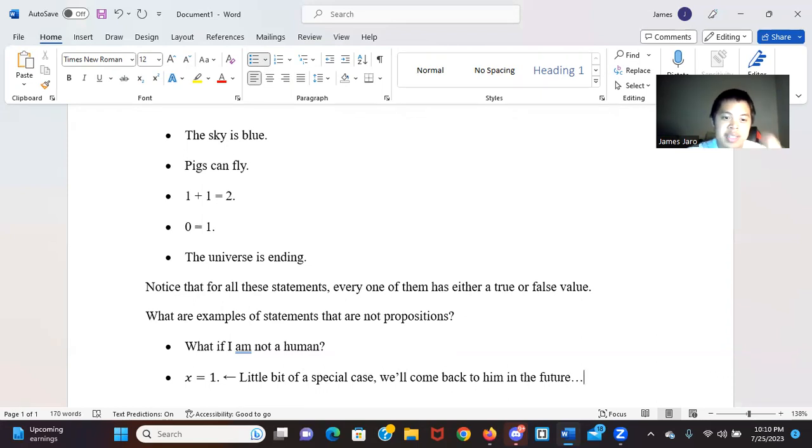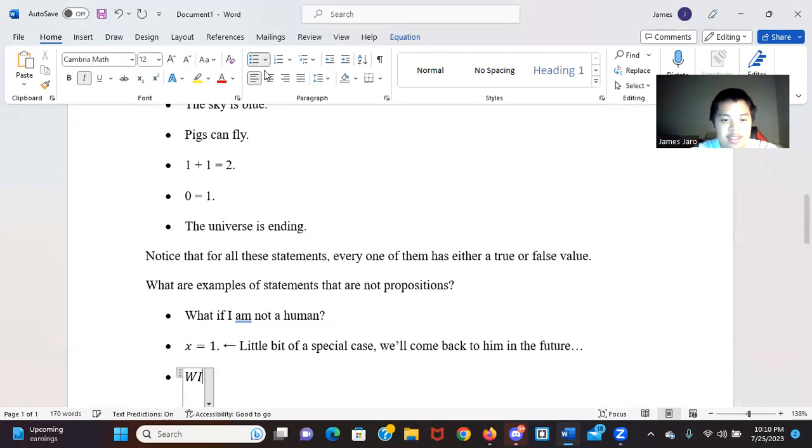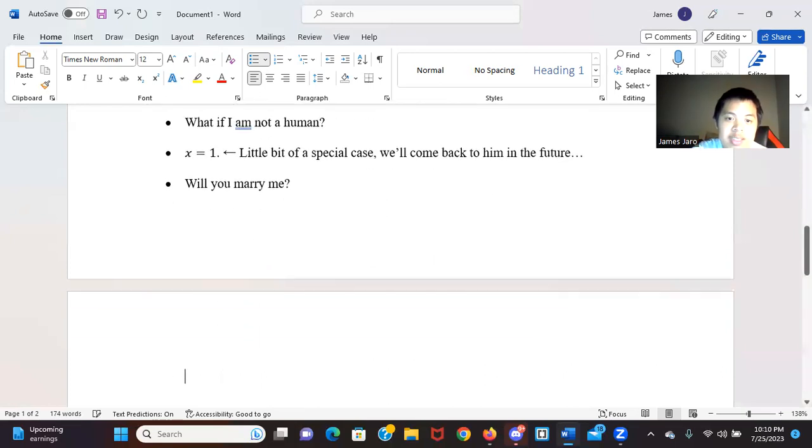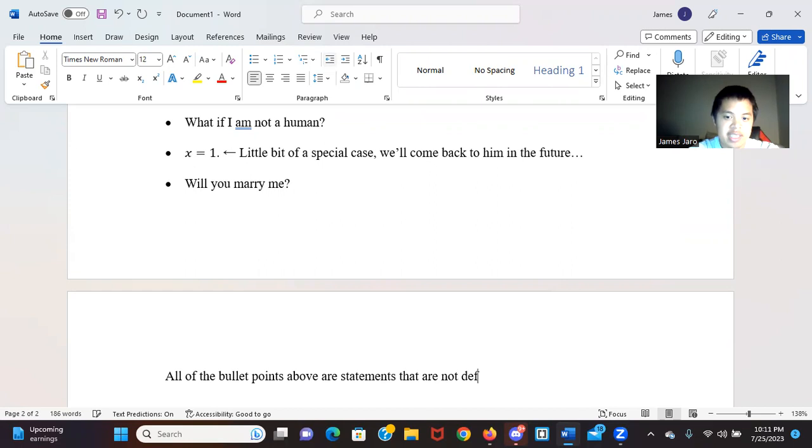But other questions such as, will you marry me? Obviously, that's the big one. This is not a proposition because this isn't asking a true or false value. This is a yes or no. And so these are examples of statements that are not proposition because all of the bullet points above are statements that are not definitively